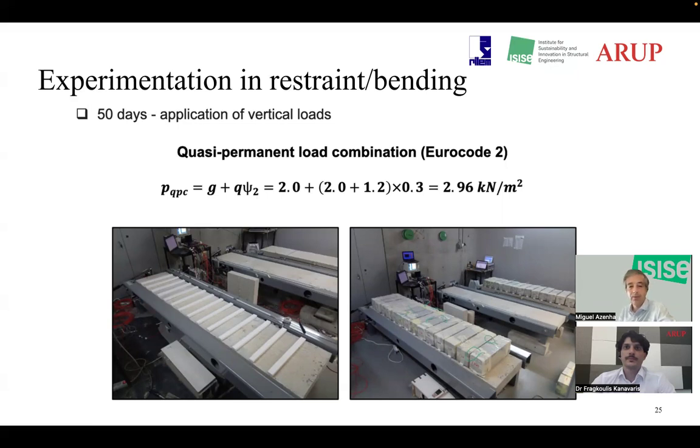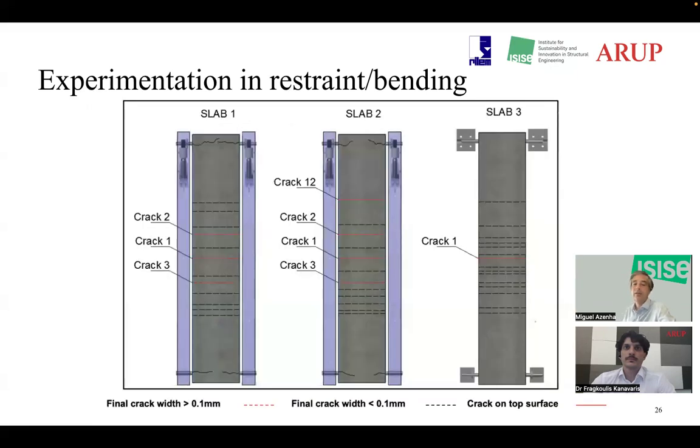This was really interesting to get the behavior, which is, of course, published for those that want to go more into detail. What I would like now to state is that the experiment ended up being successful. This is the last slide I'm presenting about this experiment. Of course, there were cracks on the support area, but regarding the three slabs, slab number one, which had axial restraint and bending, slab number two, which only had axial restraint and very small bending, and slab number three, which had only bending, they got the behavior that we were expecting.